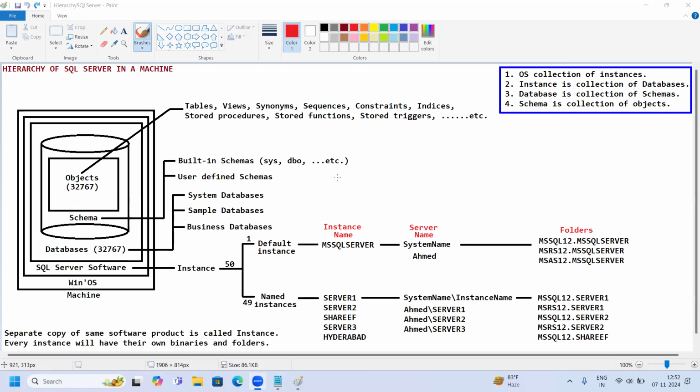Now, in SQL Server software, in one instance, you can create